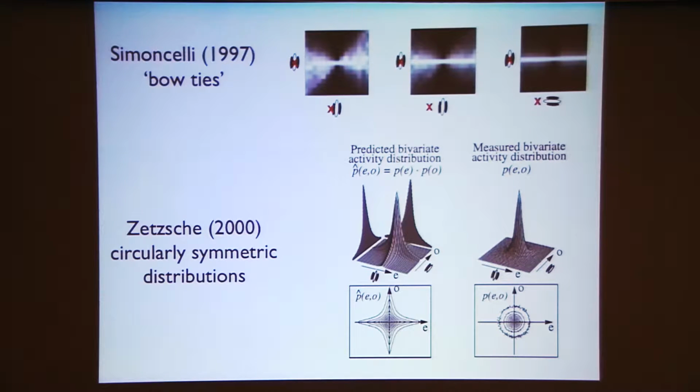And Christoph Zetzsche also discussed these and characterized them. If, instead of normalizing each column here to make a probability distribution, you just leave it in its native form as a joint distribution, what you'll find is that the joint distribution of these coefficients is circularly symmetric. That's as compared to the cross-shaped distribution that you would expect if they were statistically independent. If each of the variables is sparse, with a histogram highly peaked at 0 with heavy tails, then if those two units were independent, you would expect this kind of star-shaped